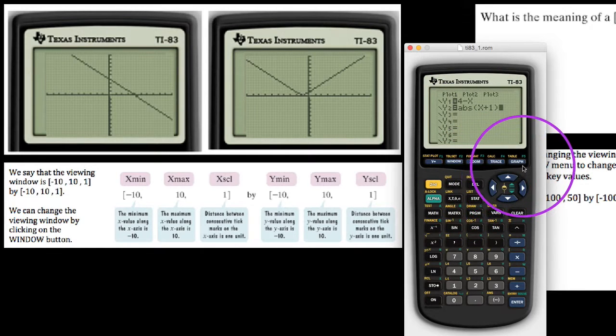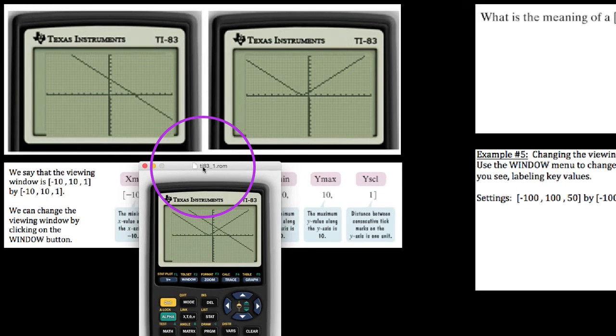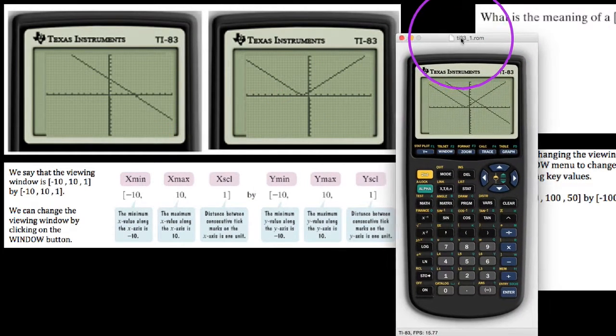If we want to graph this, then all I need to do is hit the graph key. And you'll notice that here was my initial line, and here's my absolute value graph, and I've got these paired together here, okay? So what we want to do is start by noticing a few things about this window,